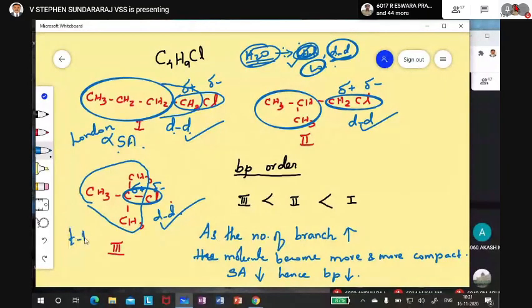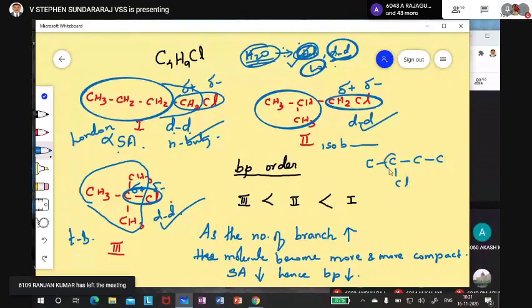Can you tell me the name of this one? This is isobutyl chloride, and this is N-butyl chloride. The common name, IUPAC name, all of you will be able to write. Note down. If you do not know, you write down tertiary butyl chloride, isobutyl chloride, and N-butyl chloride. There is one more isomer. What is that? I didn't take it because its chlorine position will change. That is secondary butyl chloride. In secondary butyl chloride the carbon chain will be straight, but here chlorine will come on the secondary carbon. Therefore, secondary butyl chloride. Iso is different.